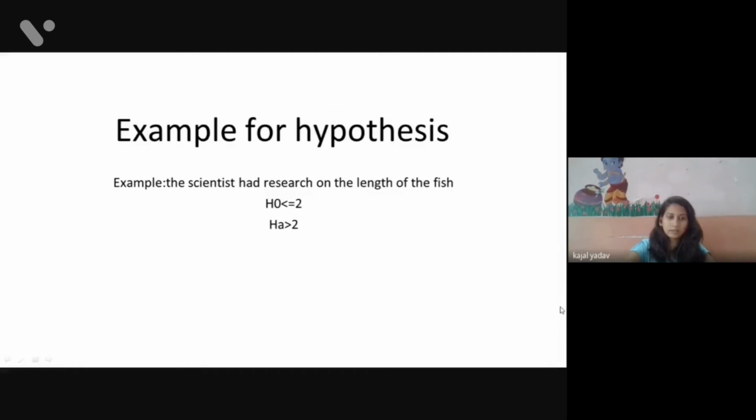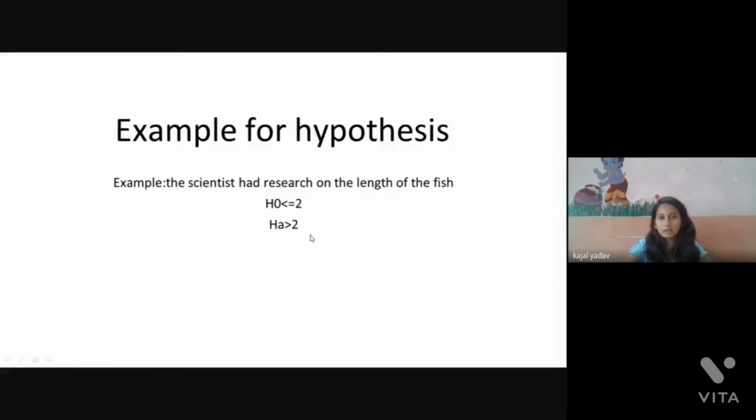A scientist is researching the length of the fish. This is the statement. So what will be the null hypothesis for this? If the length of fish is constant or less, then we have to equate it with the null hypothesis. So the condition given to the null hypothesis is H naught less than or equal to 2.